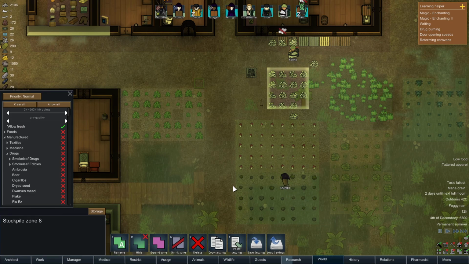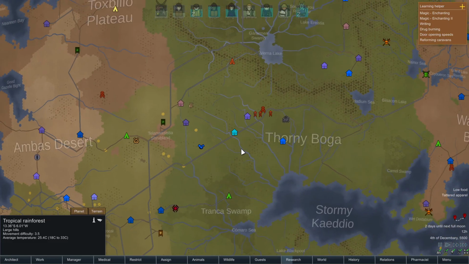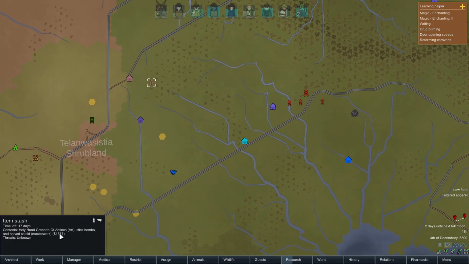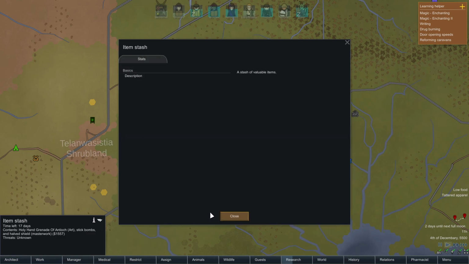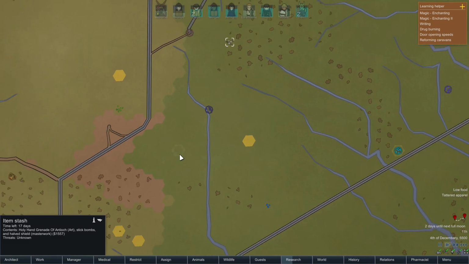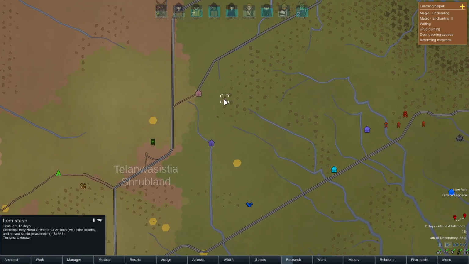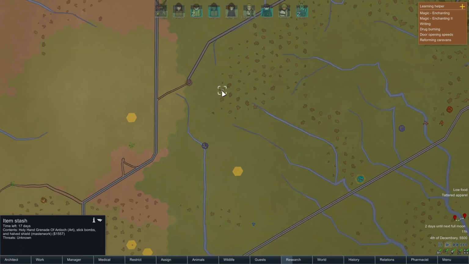Okay. Let's go into the world map. We had that event that told us about the Holy Hand Grenade of Antioch. It's up here. Yeah. We need to go and get this within 17 days. Okay, we're not in a hurry. And I was thinking that we could maybe... I think we'll beeline for that, because threats are unknown. And if we find nothing...